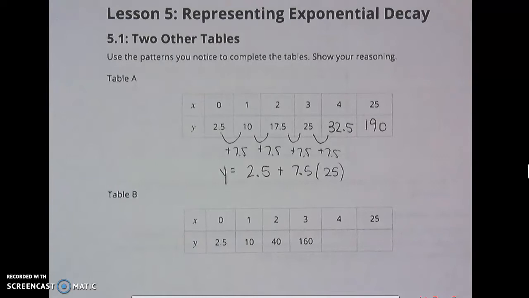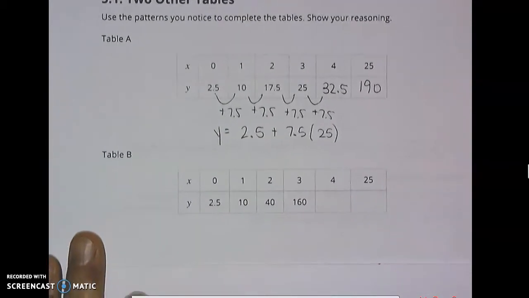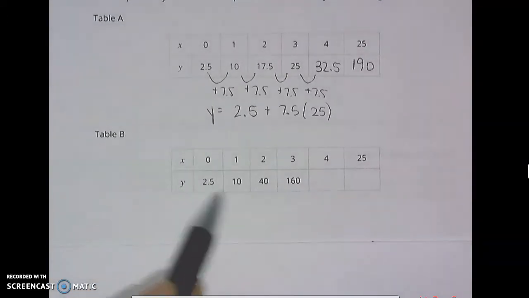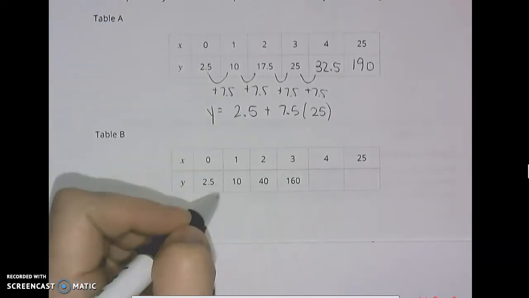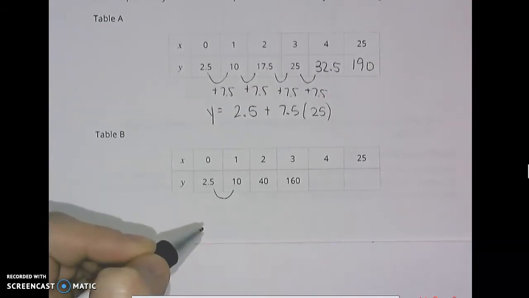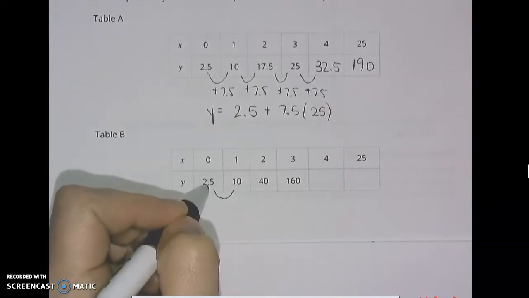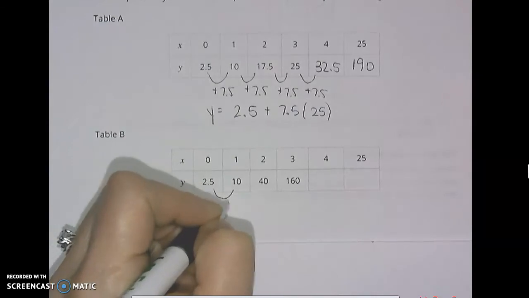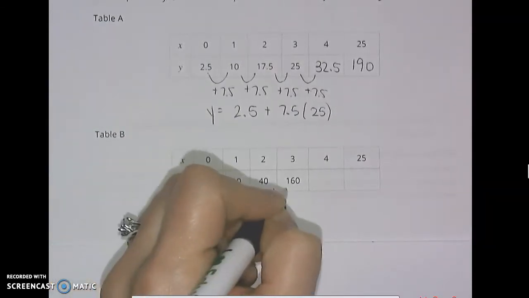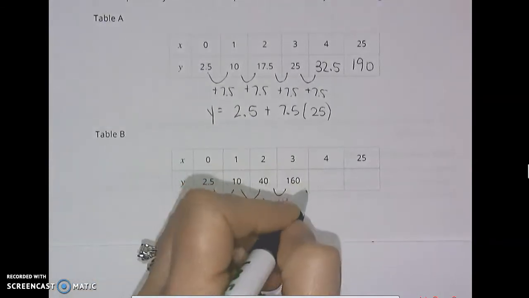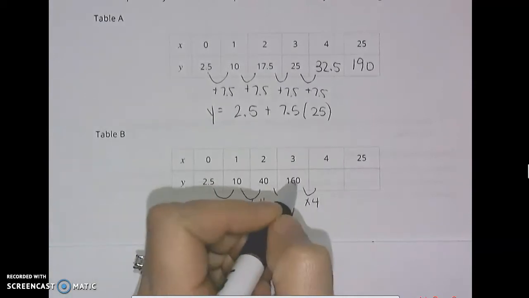In table B, we have those same x values of 0, 1, 2, 3, 4, and 25, but now our y values are 2.5, 10, 40, 160. Here we're noticing that those numbers are getting a lot bigger, a lot quicker. To get from 2.5 to 10, we again could add 7.5 or multiply by 4. To get from 10 to 40, we quickly notice that we're multiplying by 4. Remember that this is called your common ratio, your common factor. So we would multiply by 4 and get